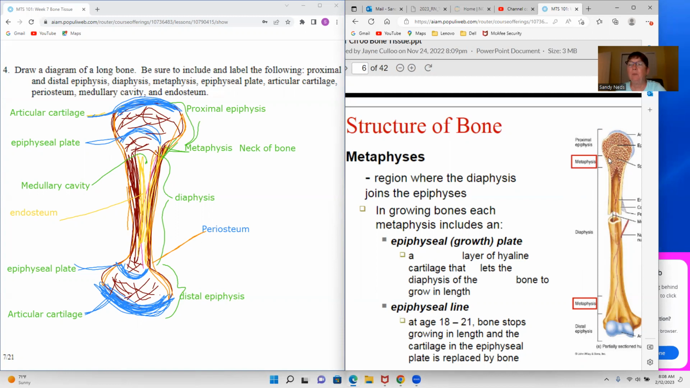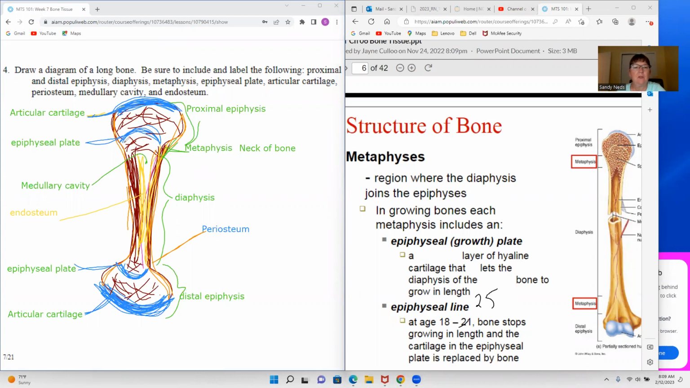So when it's bone, growth has stopped. But when it's a plate still made of cartilage, and I'm going to say not 21, but 25. So let's change this to not 21. Let's put 25. So sometime between the age of 18 and 25, the bone stops growing in length, and the